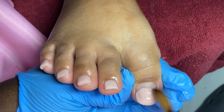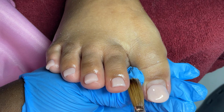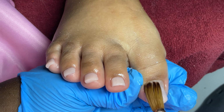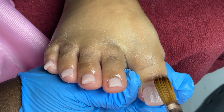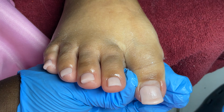You have to make sure you're going to a nail tech that knows what they're doing, and that you're not ripping your acrylic toenails off. You have to make sure they're using the correct monomer on your toes, and that they're not applying tips. It's a lot of things that goes behind acrylic toes,